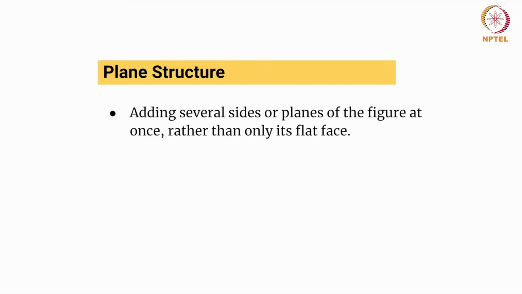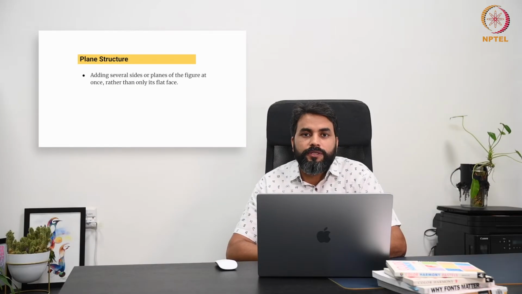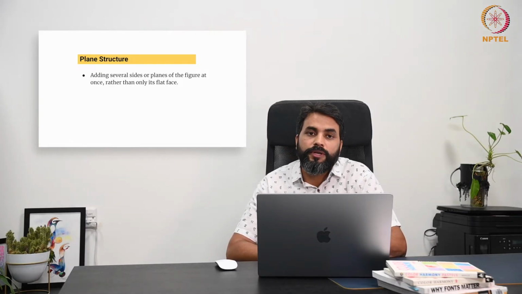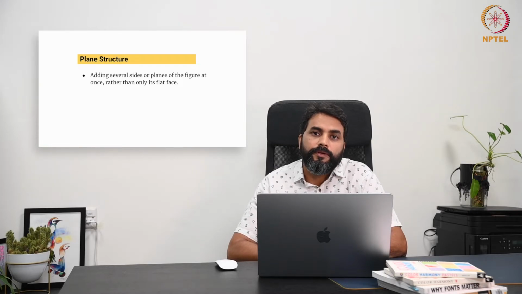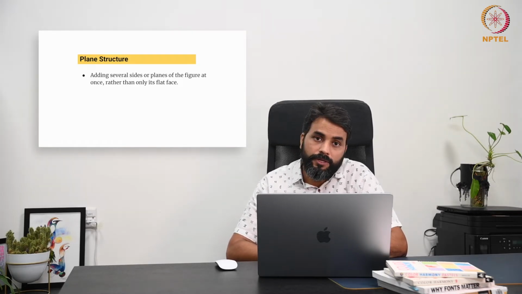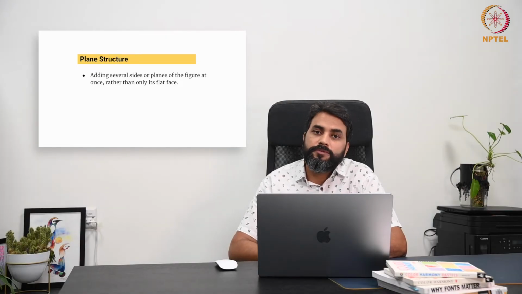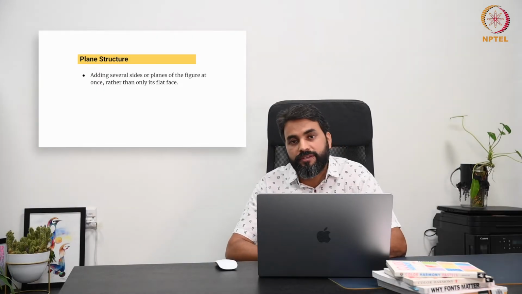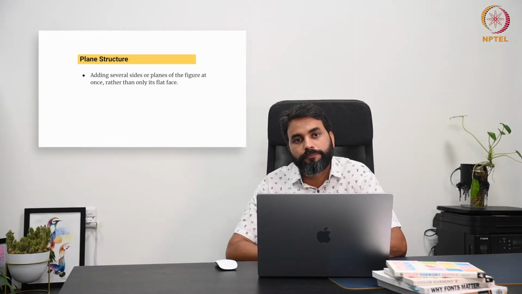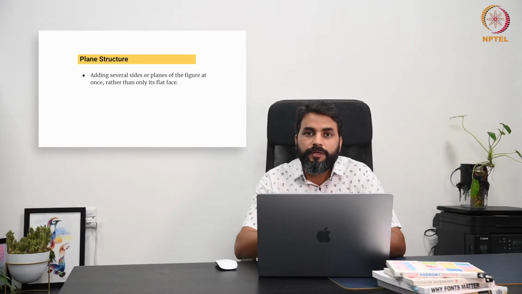Adding several sides or planes to a figure at once results in a form by giving the figure depth and three-dimensional appearance. So when you bring these planes together, there is an illusion which gets created because of the orientation of these shapes. And in graphic design, this transformation occurs when flat two-dimensional shapes come together, combined or manipulated to simulate the various surfaces or planes of an object. And these things happen in a space.